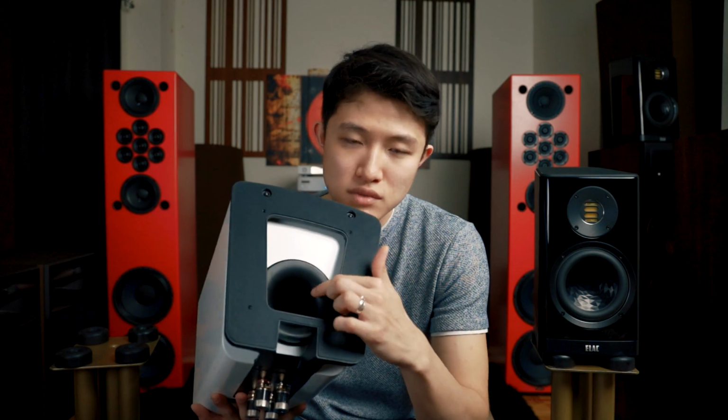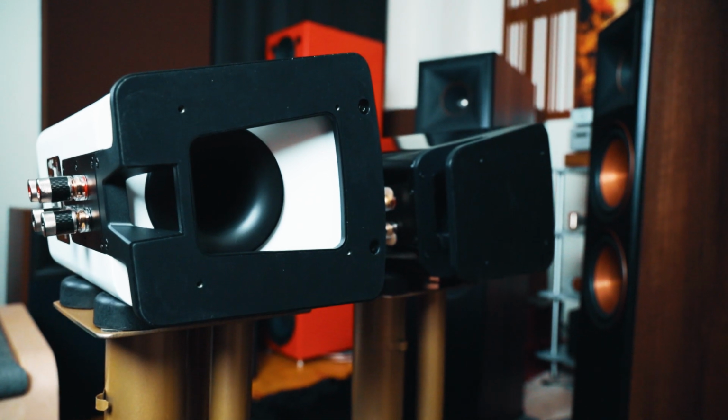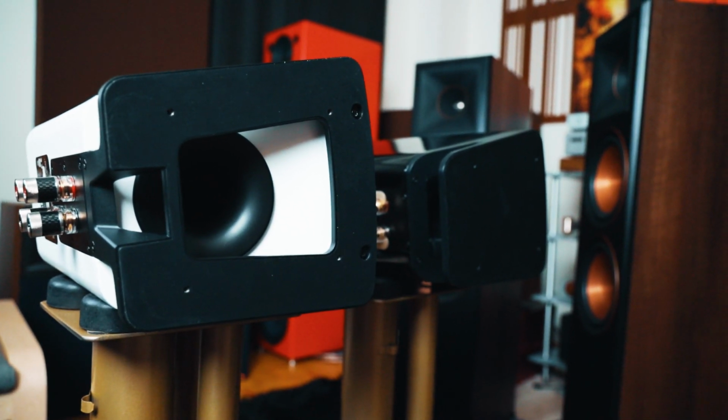Looking at both of these speakers, another thing I noticed that is very apparent is that this speaker over here has, as you can see, a hole at the bottom with an opening, and the Elac Vela doesn't. If you saw my Elac Vela review, you know that it is a ported design, not a sealed design, with a port at the front that goes down similar to this. But there's no hole at the bottom of the base, whereas this one actually does. So this difference may not seem like a lot, but